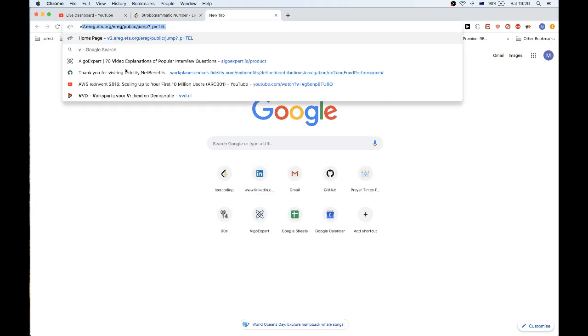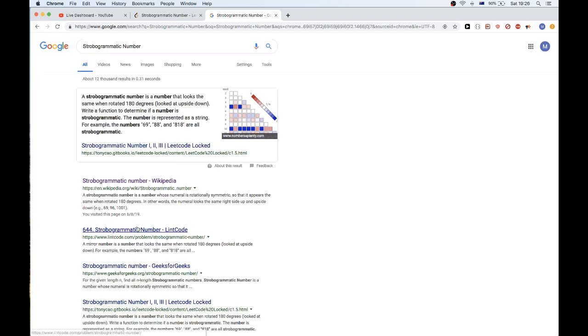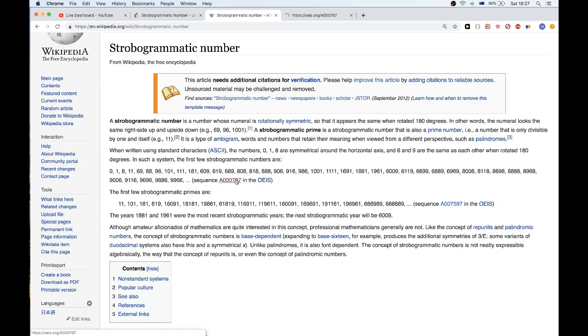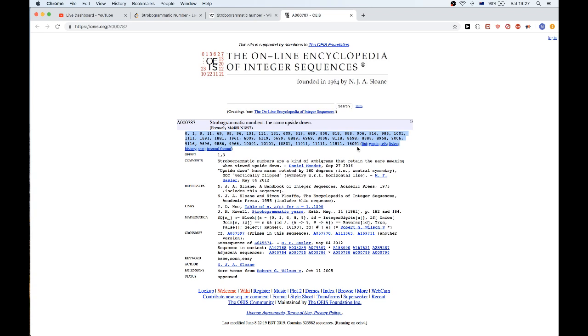Now, one interesting thing to look at is a set of numbers that have this property. If we look at this sequence, these are some examples of these numbers. You can notice some pattern. So we have 0, 1, 8. Those are already, if you rotate them 180 degrees, you still have the same. It still looks the same. And then we have 6, 9, 8, 8. One thing you can notice is 1, 1 and 8, 8. So basically, if it's the same occurrence of 1 and 8, and it's only those, then that's a